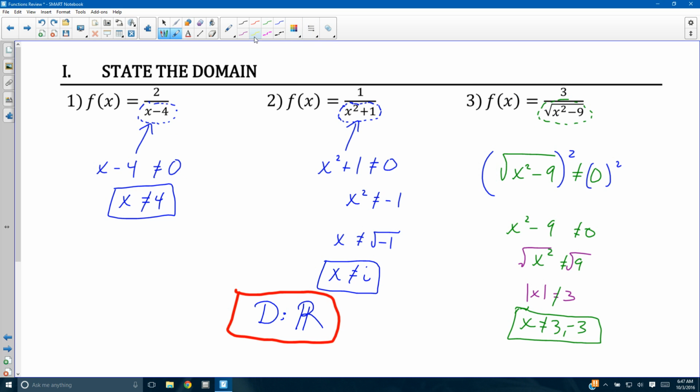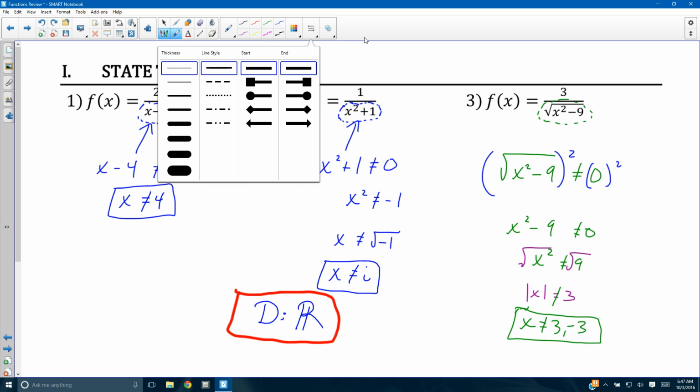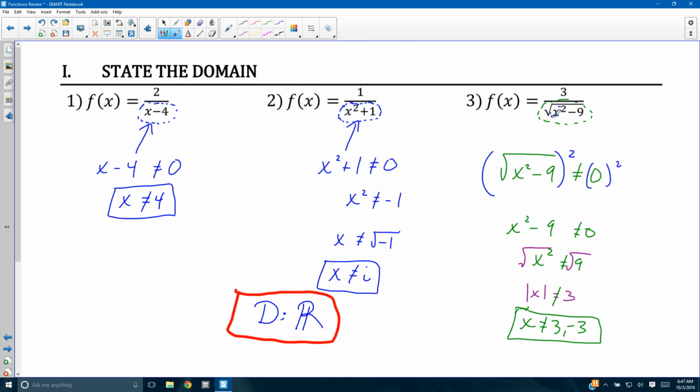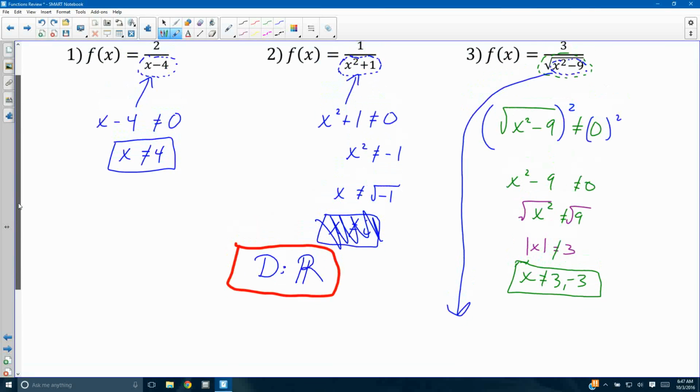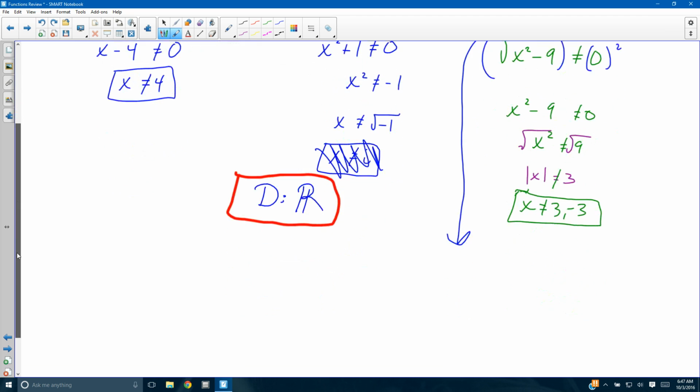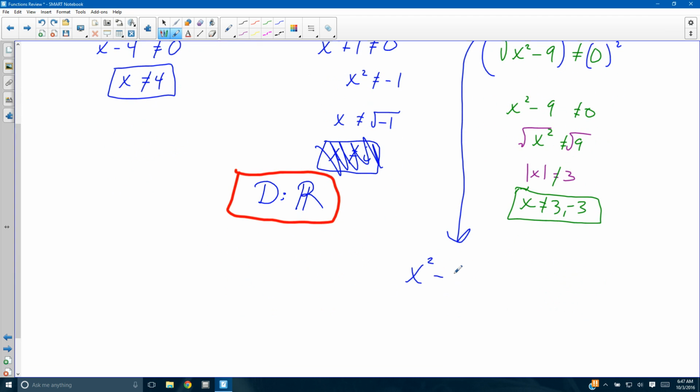However, there's something else with this domain problem. This is inside a square root here. Now, you cannot take the square root of a negative number, something that we were just talking about right here. So that's why I'm saying this one's kind of defunct, right? That's not really one that I'm referring to. I do not want to have negative numbers inside here, period. So we're only referring to the real numbers, but x squared minus 9 has to for sure be 0 or larger. Okay? So x squared has to be greater than or equal to 9,